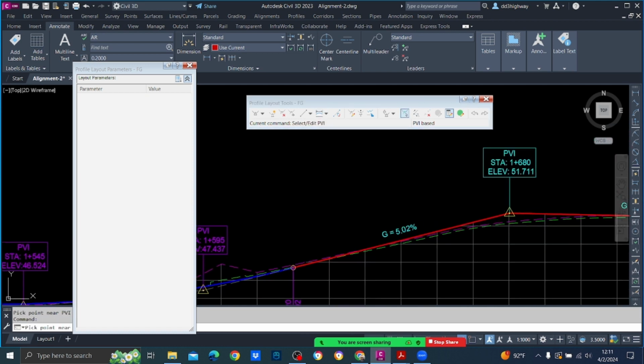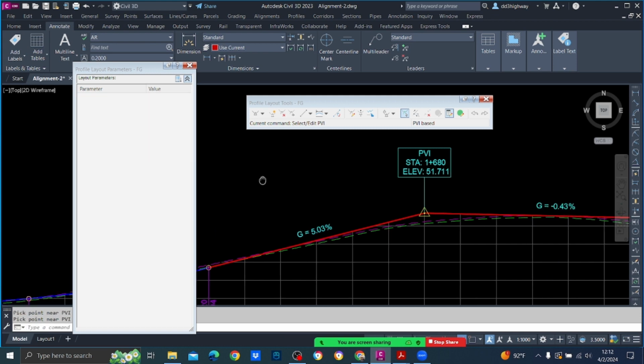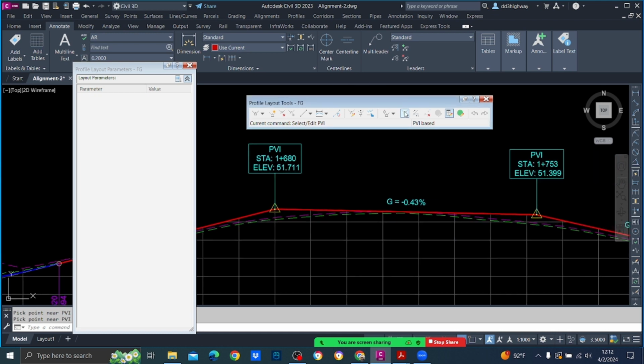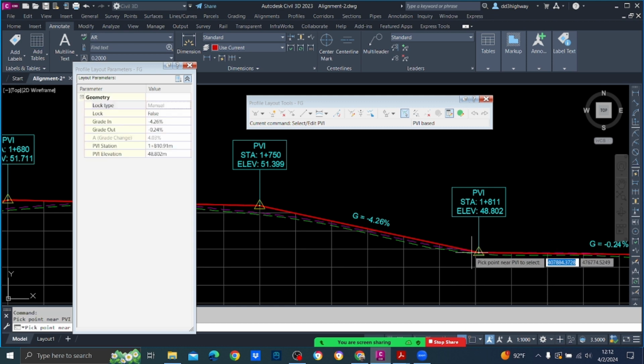And then we'll take this as 1680, and maybe here 1650, and this one here, sorry,